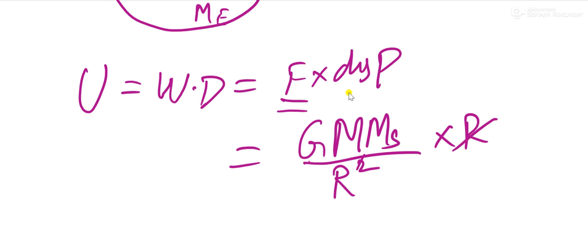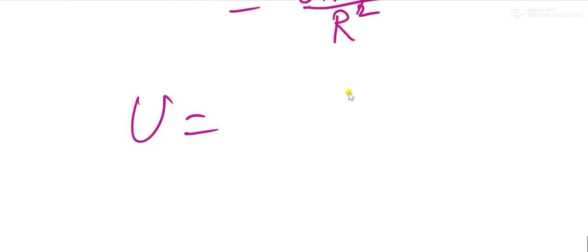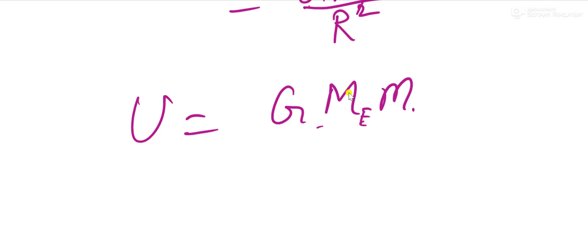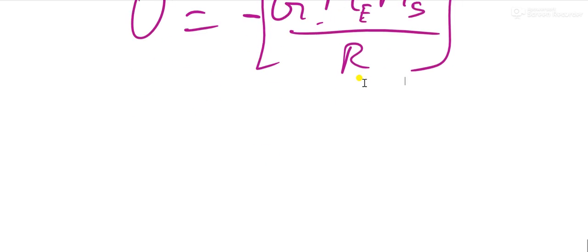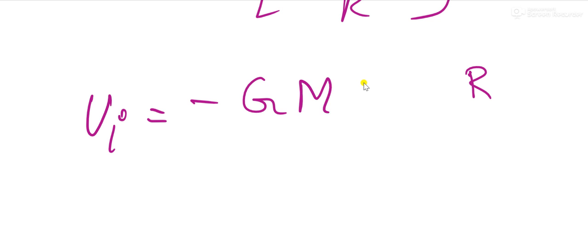Multiplied by the distance, one factor of distance gets cancelled. So the energy formula we get is G m1 m2 divided by r. Also, the energy symbol will be negative; when you learn the eighth chapter, gravitation, you will come to know why it is negative. Initially, the energy on the surface, where the distance is the radius, is minus G times mass of earth, mass of satellite, divided by R.